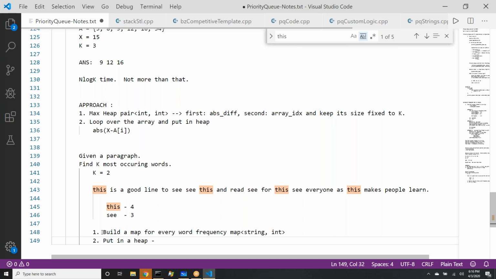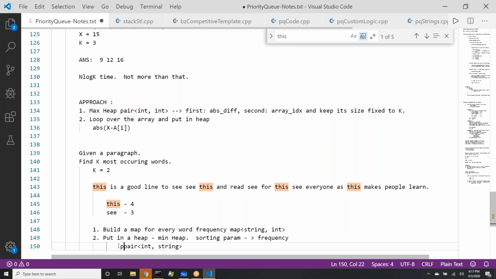So we'll use a min heap, and the sorting parameter in the min heap will be our frequency.